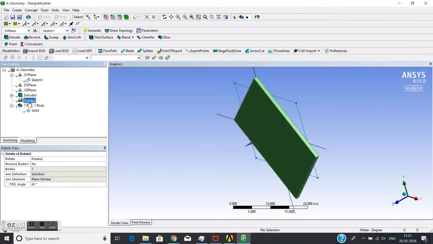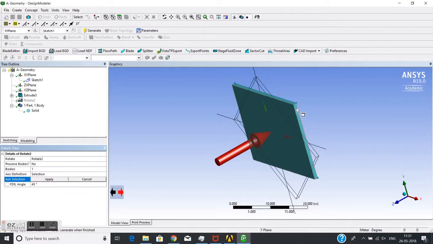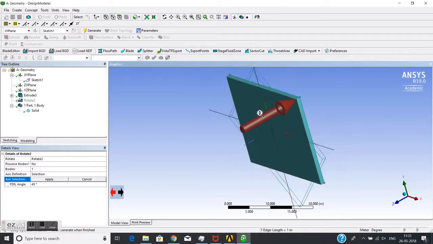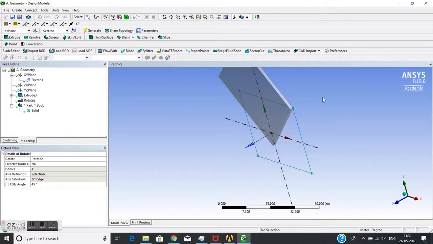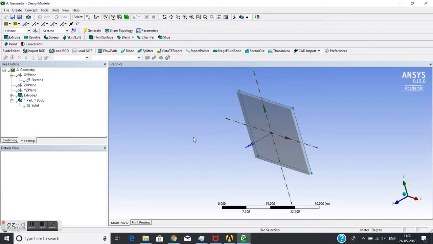and again edit this entity. Instead of plane normal, I can choose a line also or axis like this line. Then I generate about this line. So same things as translation, rotation has the same selection menus. And now I will again delete this and move on to the next operation,